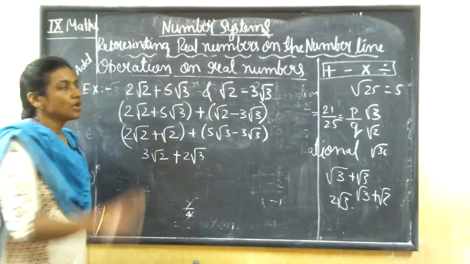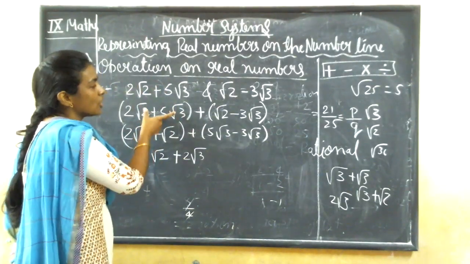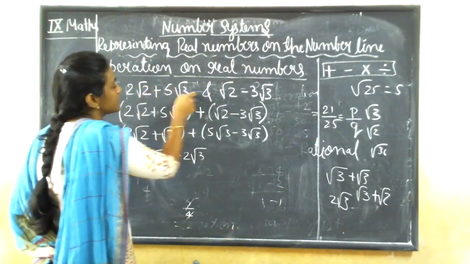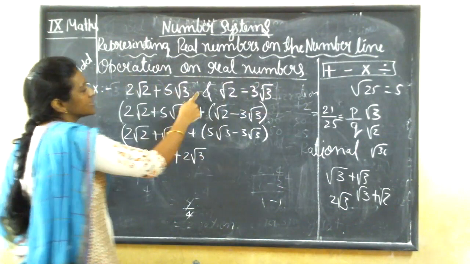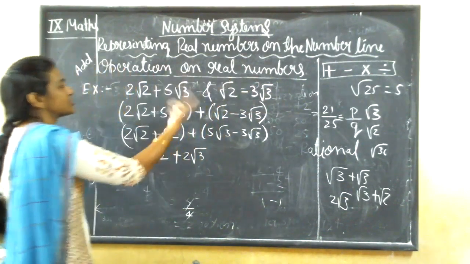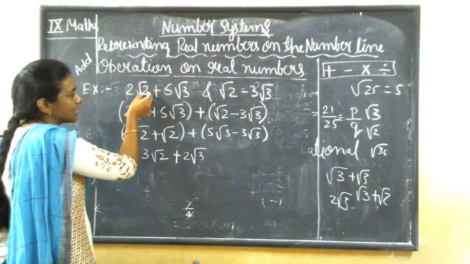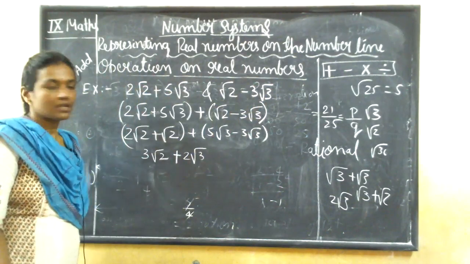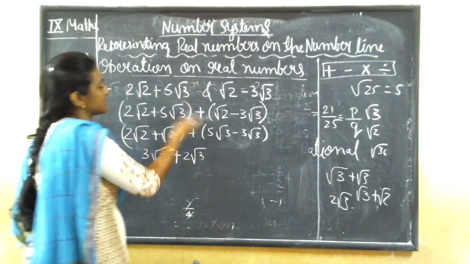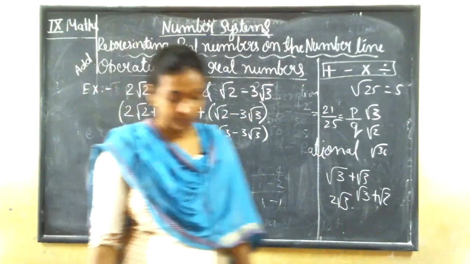Okay, what are the steps here? See whether you are going to do addition or subtraction. And see the numbers inside the square root there. Nothing to do with these numbers; you cannot give any operation on them. Only the coefficients outside the root are added or subtracted. So you have to take them separately and add or subtract.